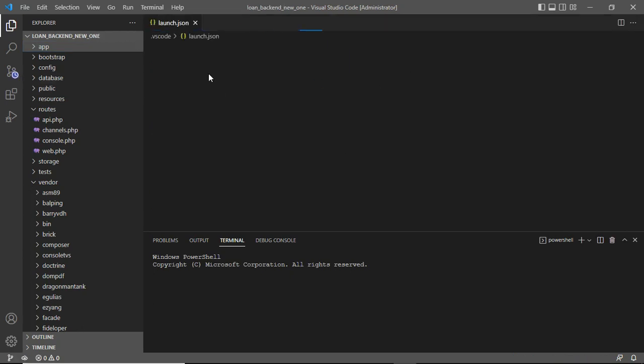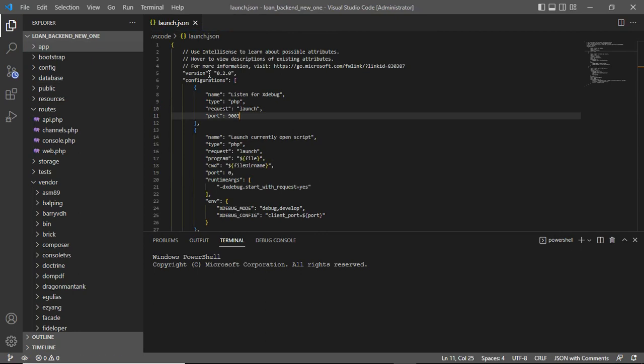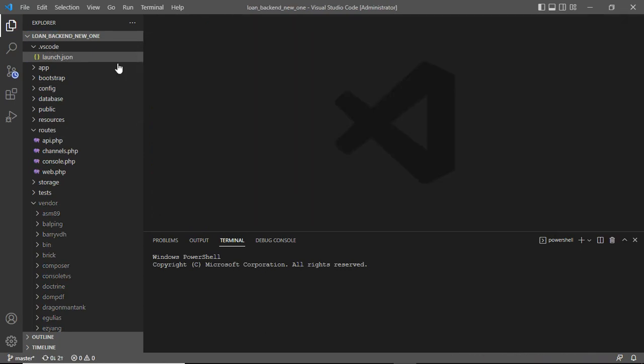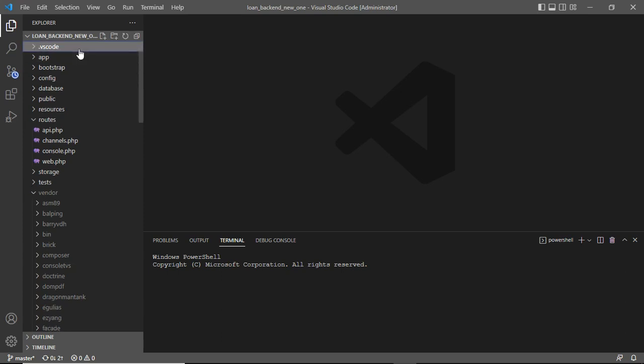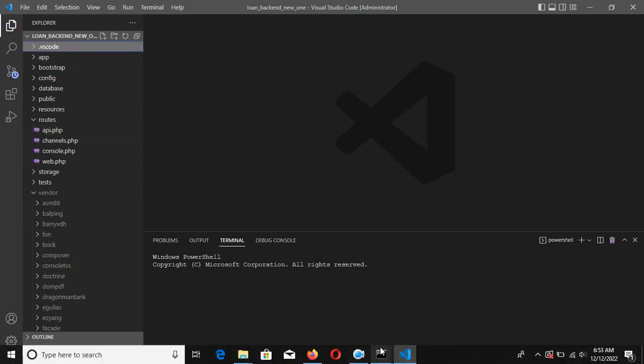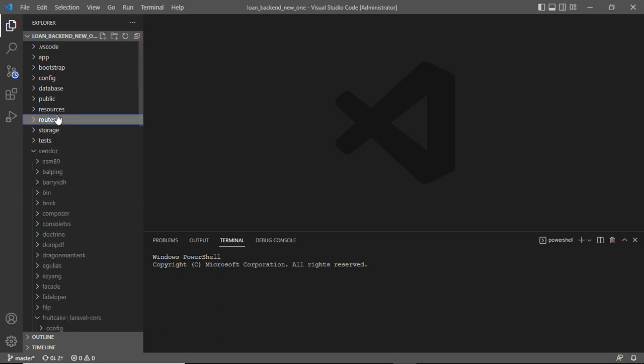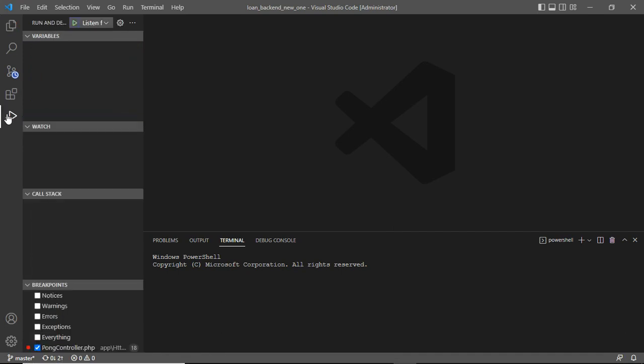Right, so the launch.json has been created. So once this has been created, don't touch it, okay? So that is all we need to do for this thing to work. So we already have the projects running. So what you have to do is to now go to the debug tab or whatever it is,